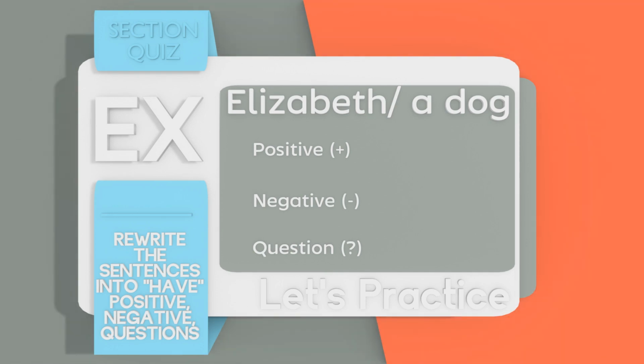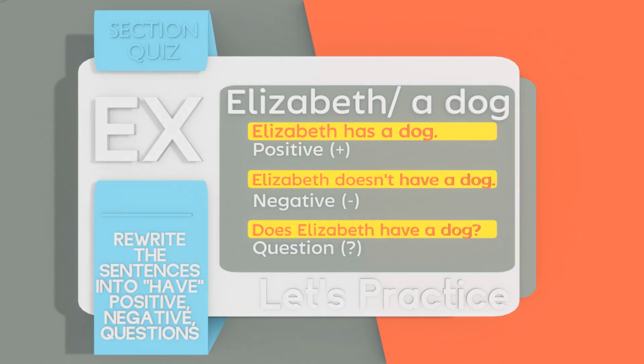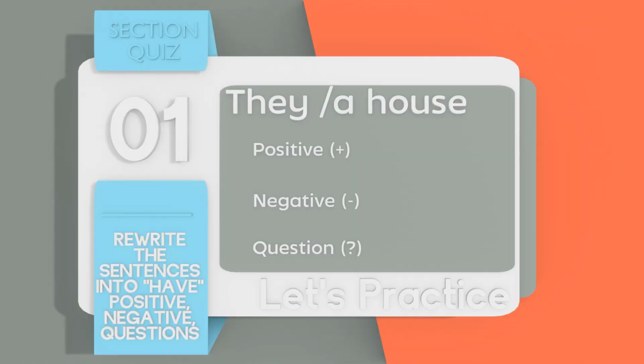In the positive, using have, Elizabeth has a dog. In the negative, Elizabeth doesn't have a dog. And in the question, does Elizabeth have a dog? Okay, and I'm going to need you to do these next section quiz exercises all on your own. And as always, if you need more time, go ahead and pause here, but we're going to move on with